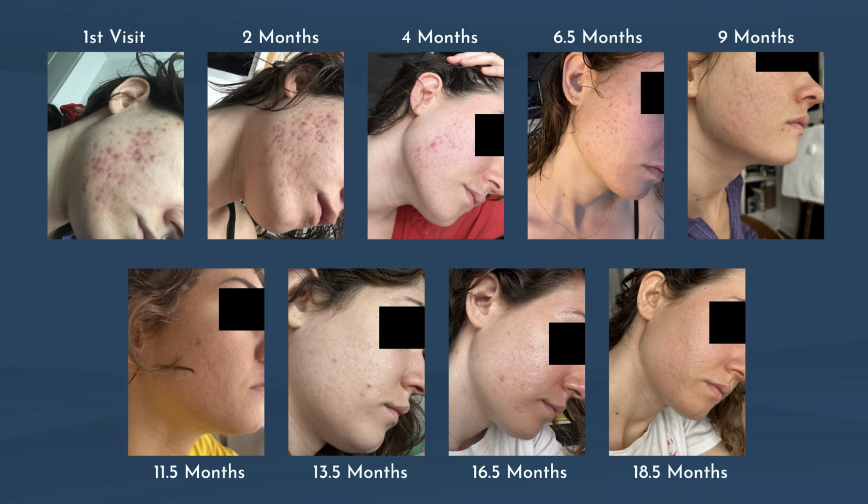At the 4-month mark, we can see a dramatic improvement in the amount of active acne. I mean, we see something active here, but we can also see, interestingly, the skin starting to heal itself. Skin is an amazingly resilient organ, and the minute the inflammation stops, it will start to repair itself. And then here we are at 6.5 months, and we can see that there's actually no active acne going on. But we do have scarring and hyperpigmentation and some divots in the skin, again, as a result of that very prolonged inflammation that's been going on since like age 12.